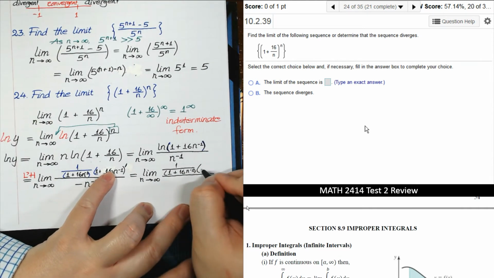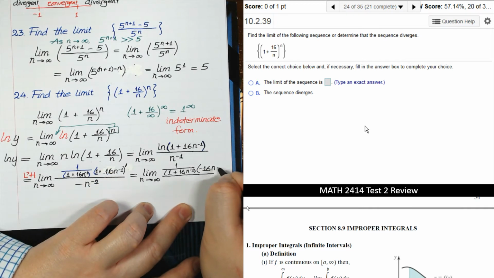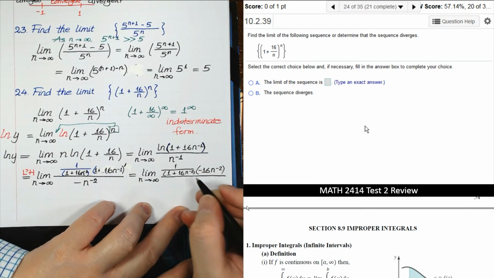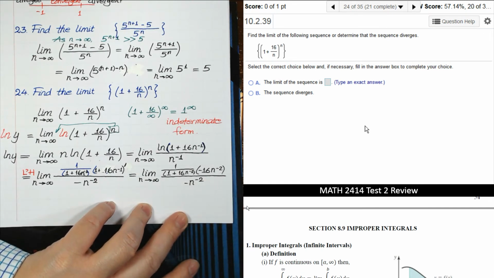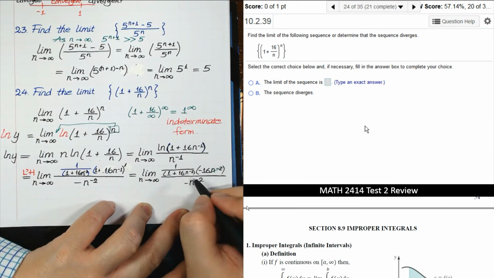Derivative of this is negative 16 n to the -2. And negative n to the -2 at the bottom. So both of them cancel out,